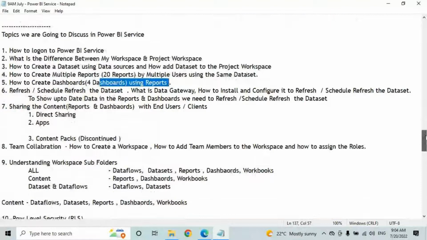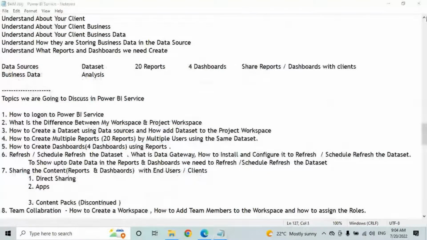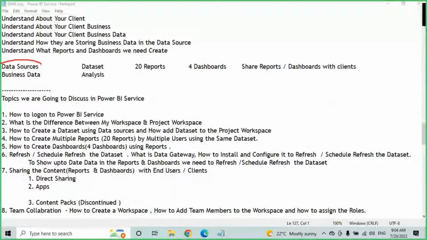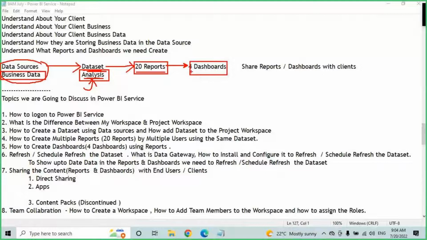I said that when we start one project, client will provide the data sources. Using the data source, we'll prepare what data set. So data sources will contain complete business data. Into the data set, we will bring only the data that is required for reporting purpose or analysis purpose. Using the data set, we'll create all the reports. And once your reports are ready, using the reports, we need to create what? Dashboards. Let's understand today